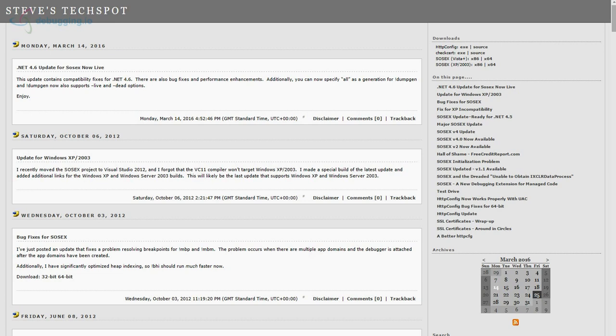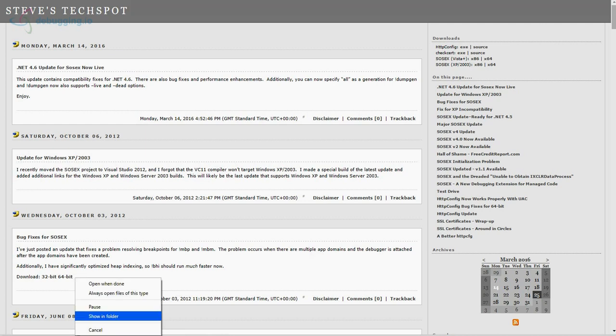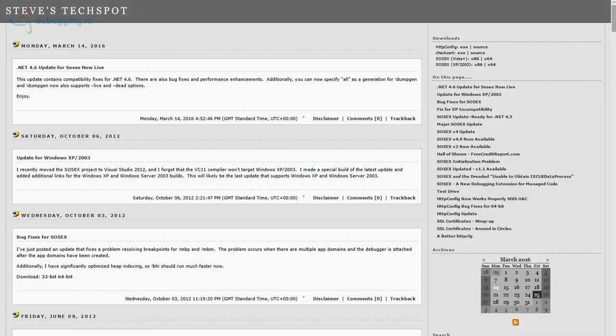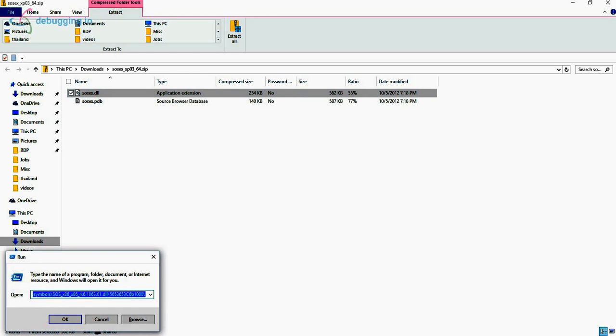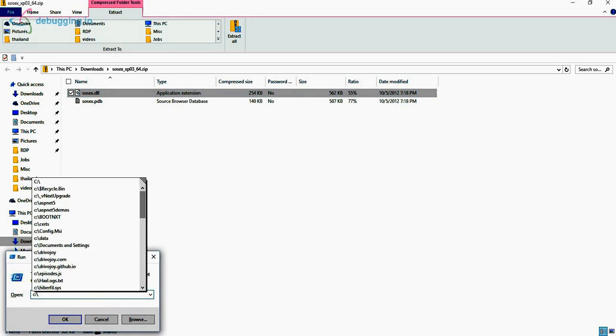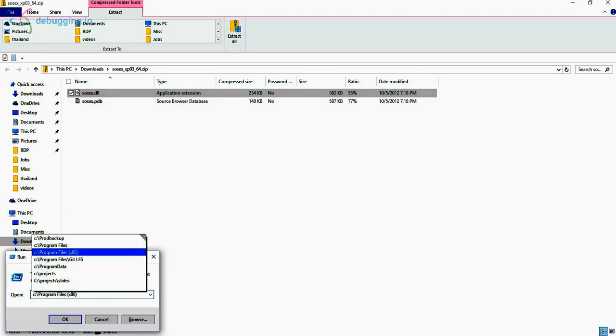So if I download SOSEX.dll for 64-bit, what I should do is move this DLL to